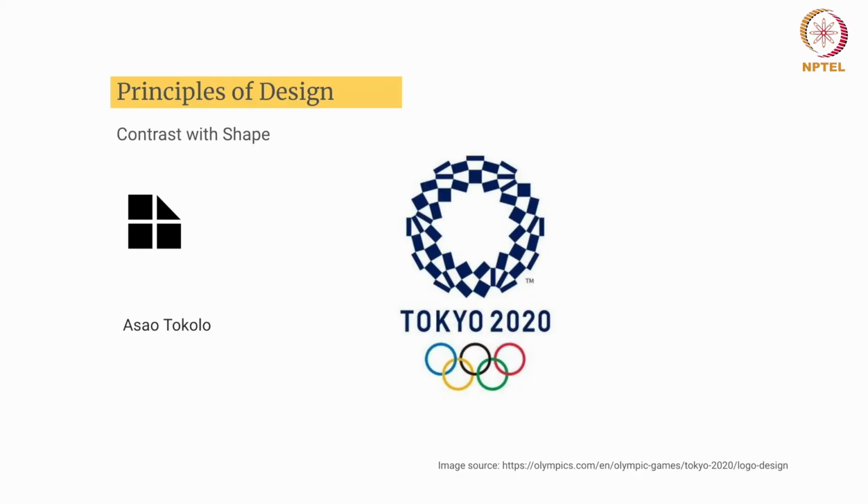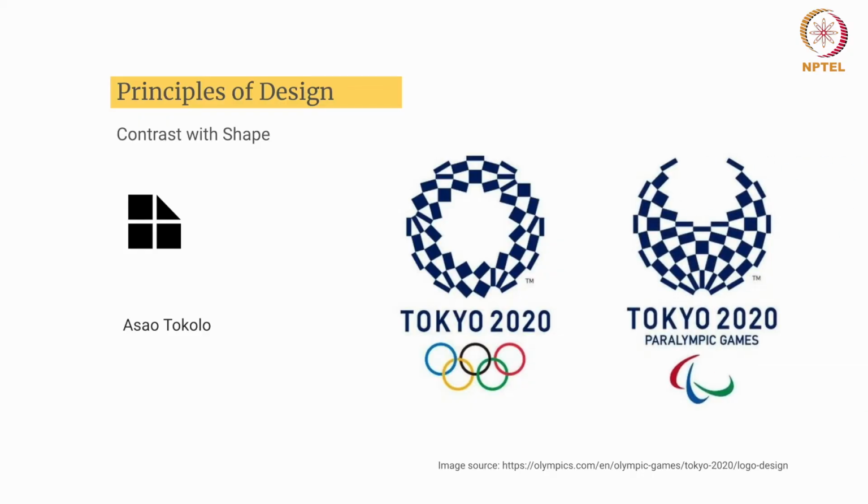So when I was talking about Paralympic, you can see easily how the composition seems to be different here. Although the elements are similar, you can see all the similar elements are associated with each other, right? But here the composition is different, and because of that, there is contrast with shape. So even though these two seem to be talking about games, right? It's talking about Olympics, but because of this shape and the composition, now automatically you can easily distinguish this to be a different segment and this to be a different segment, right?